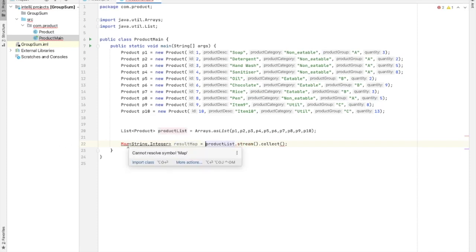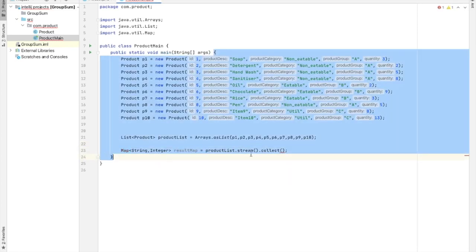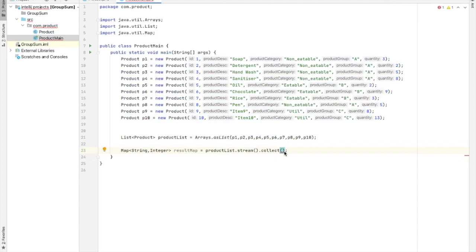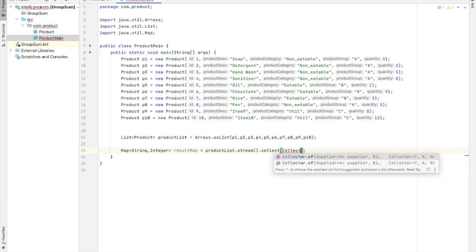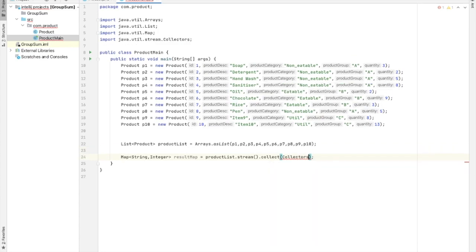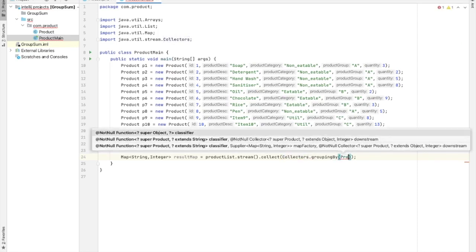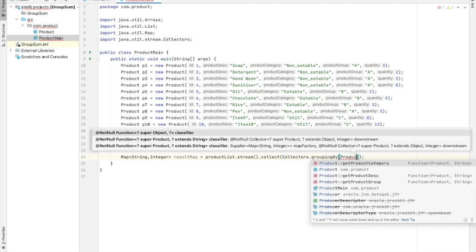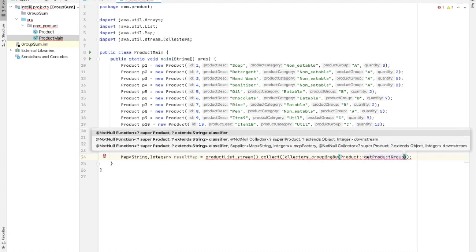And let's import this package. Now I'm going to give the parameter inside this collect. So Collectors dot groupingBy of the class name, Product, and getProductGroup of.